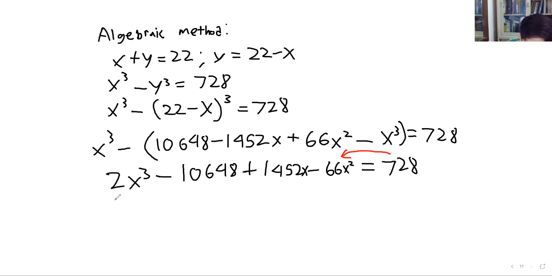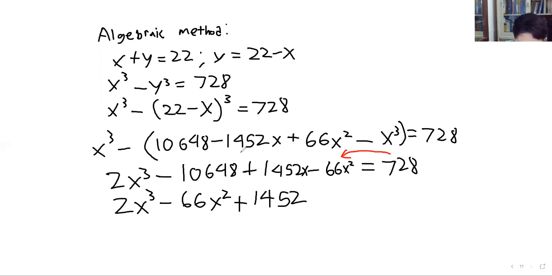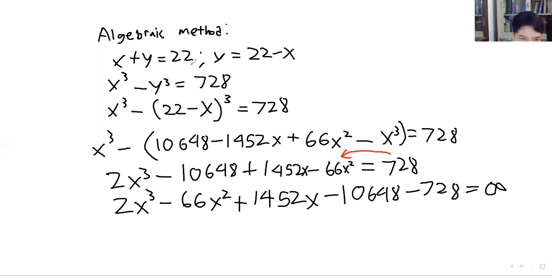Okay. I already put these in descending order of powers, so let's go. 1,452 x. So that will be also minus 1,648 minus 728 equals 0. Oops. Okay, that's so weird. Anyway,